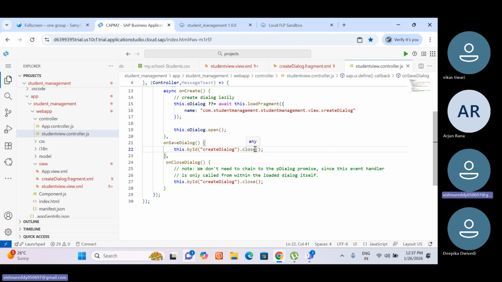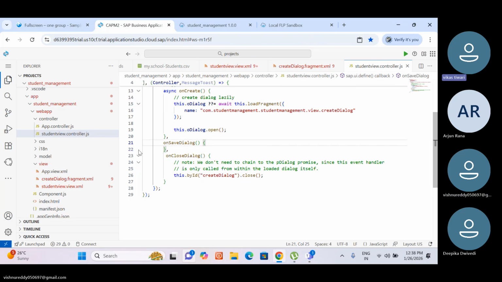It should be save, right? No, close, no. Yeah, remove this. This was the piece for closing the dialog that you don't need. Now you are just reading the values from the dialog box. Remove everything, the entire 22 lines. Now inside onSaveDialog, try to logically think: whenever there is a dialog and you inserted some value, on save you need to first read all the values one by one from the input fields,